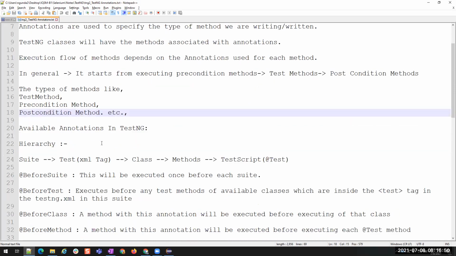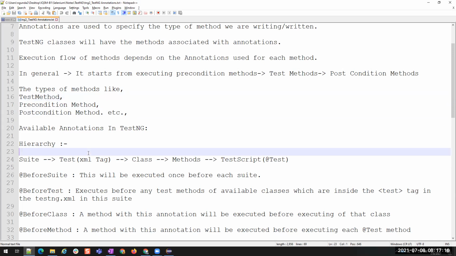All right. This is the execution flow: precondition, test case, and post condition. So we understood that there are three different types of methods: precondition methods, post condition methods, and test case methods. All right. So what are the precondition methods? What are the post condition methods? How do you identify a test method?